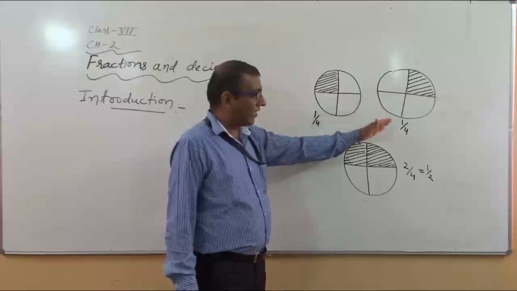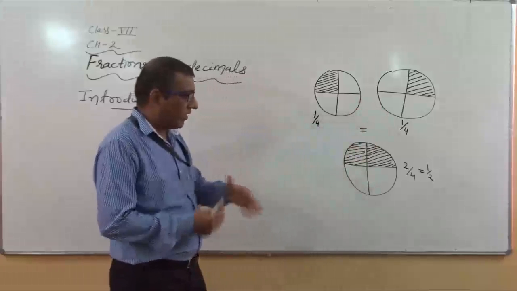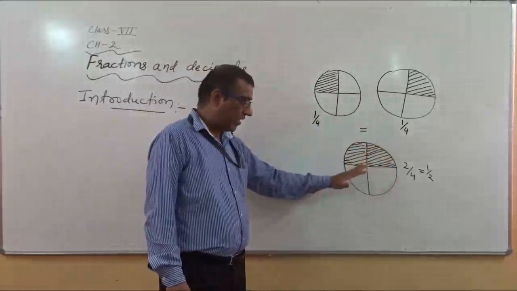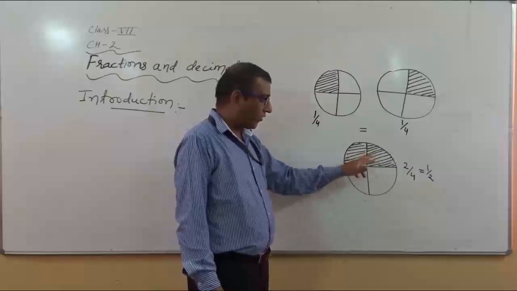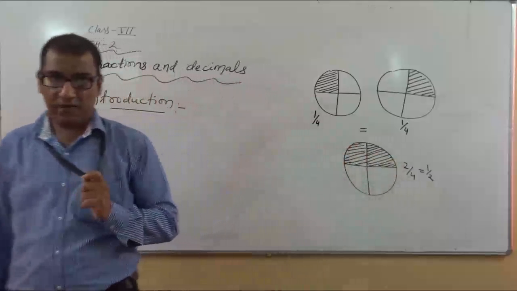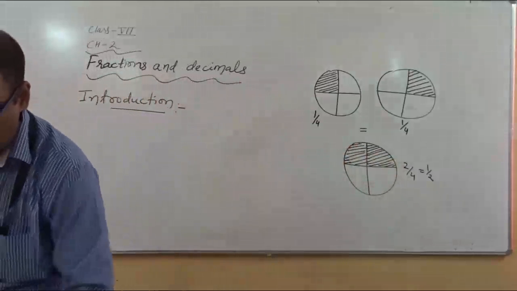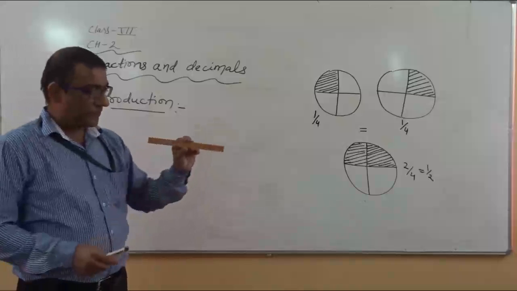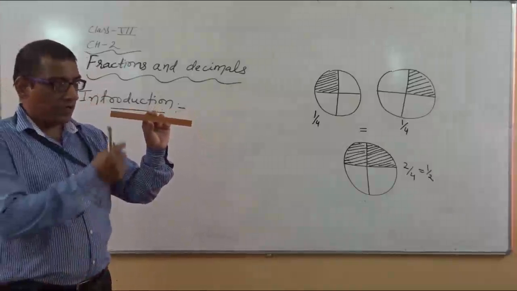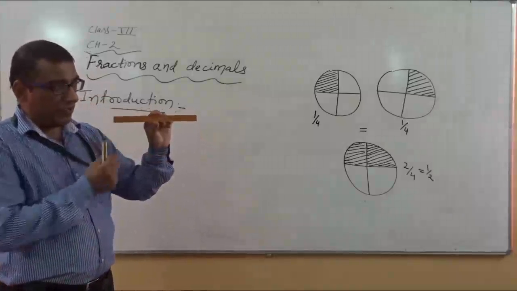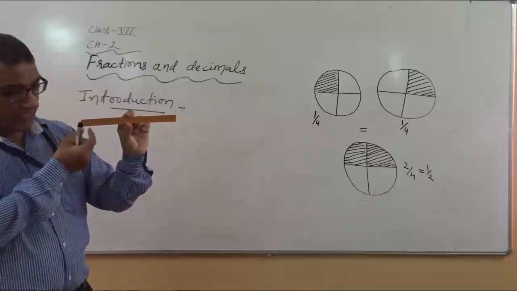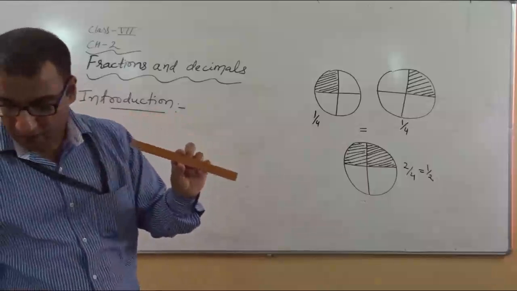If we take one more diagram and add these 2, it looks like this. It means out of these 4 subparts or sectors, 2 are shaded. So we can say 2 upon 4, and it becomes half. If you want to see some other figures, see this strip, and if you notice here, 8 subparts are there. In this one strip, 8 subparts are there. So we can say each part is related with 1 upon 8.